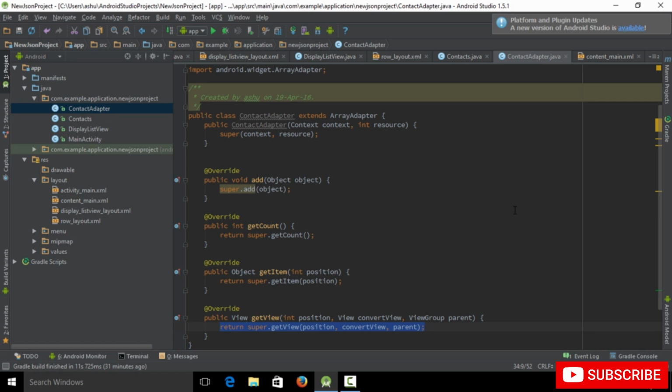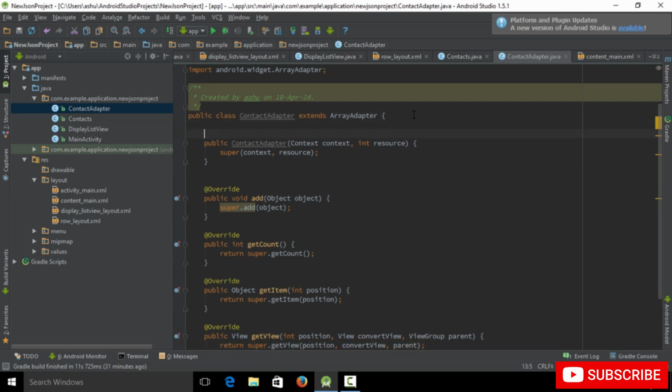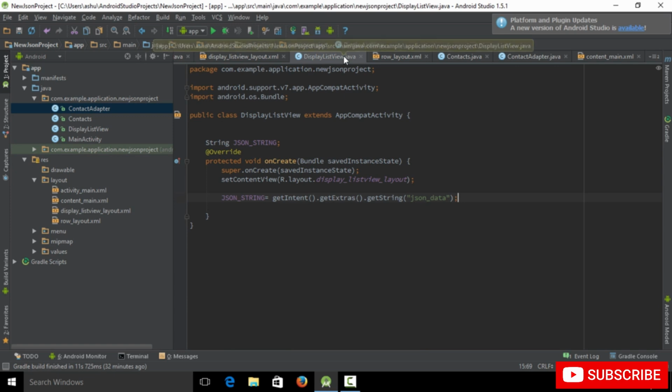Once we have added all these methods, let's go ahead and create a new list. So we go right here and we type in list equals new, and the type of list is going to be array list. Once we have this array list, we go to display list view.java. So this is the display list view.java, and inside on create,